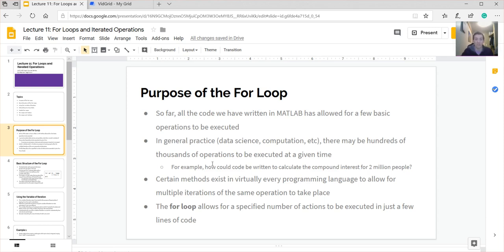We can't do this. For example, how could we calculate the compound interest? Let's say a bank is watching over 2 million people. How could its user system, how could its software or hardware, how could it do anything to calculate interest for 2 million people? No one could write code to do any of this, but in virtually every single programming language,